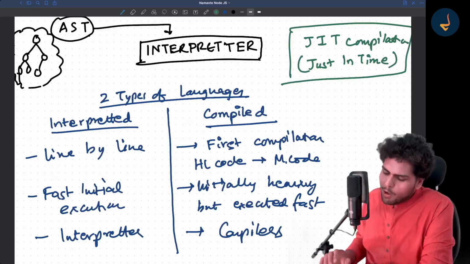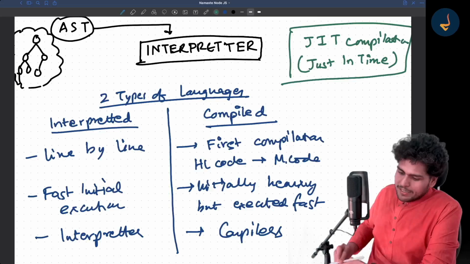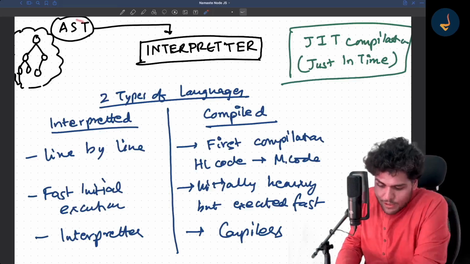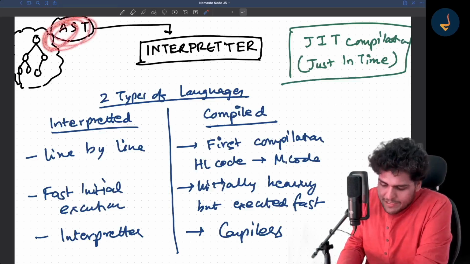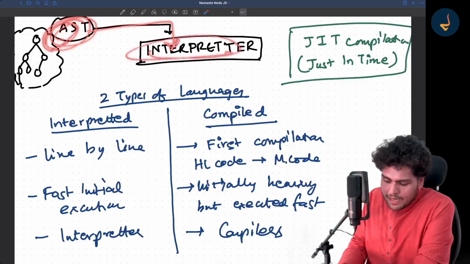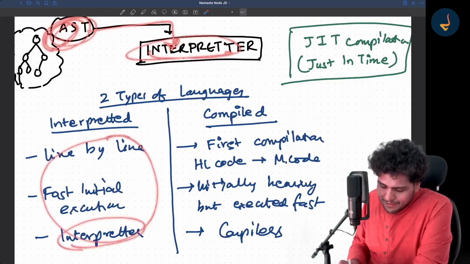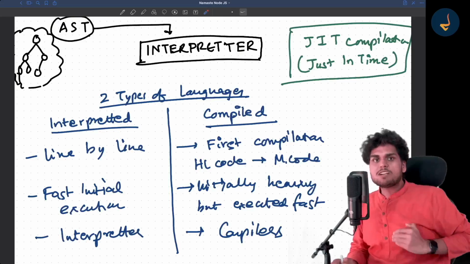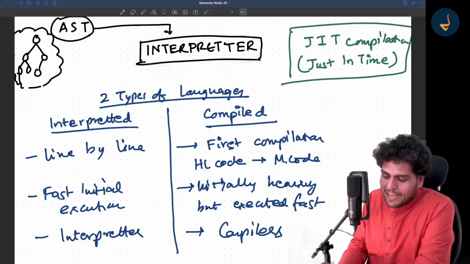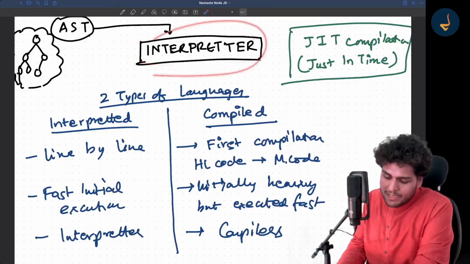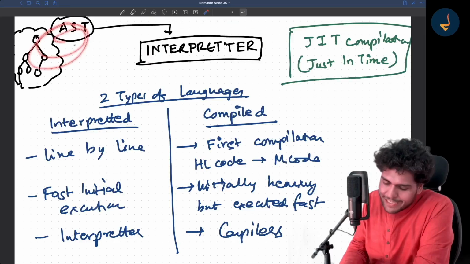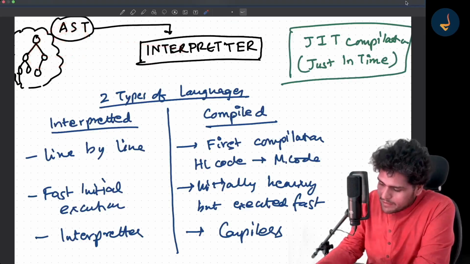Now let me show you how things work. Till now, I think I have diverted from the topic, but what we were studying was this AST. Now this code is given to an interpreter. You understood what an interpreter is: it reads the code line by line and executes it. I also told you that in JavaScript there is an interpreter, and there is a compiler also. Let me show you what happens after you have this AST and give it to the interpreter.